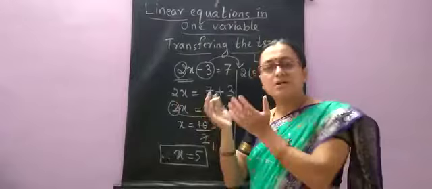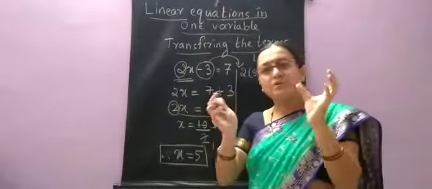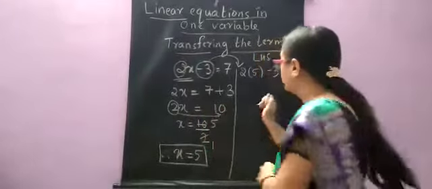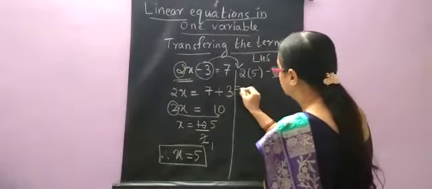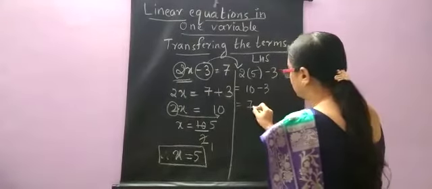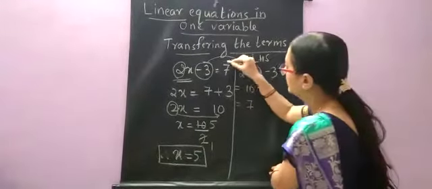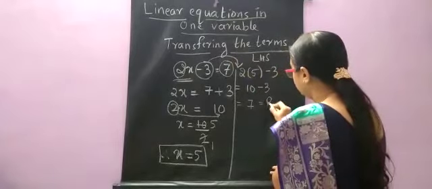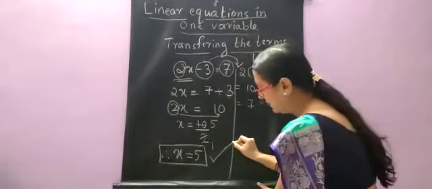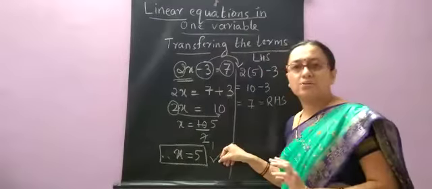So here also, left side and right side, if both are equal in values, then the equation is right here. So 2 fives are 10. This minus 3 as it is. This is equal to 7. So 7 is what here? RHS. When LHS is equal to RHS, it means that this value is the right value, the correct value here.